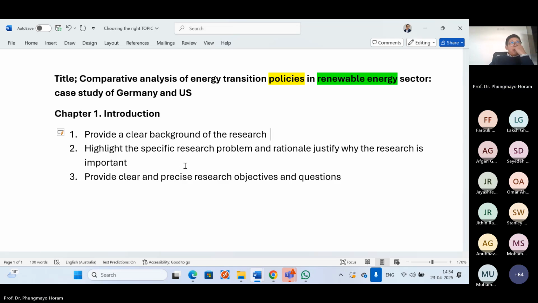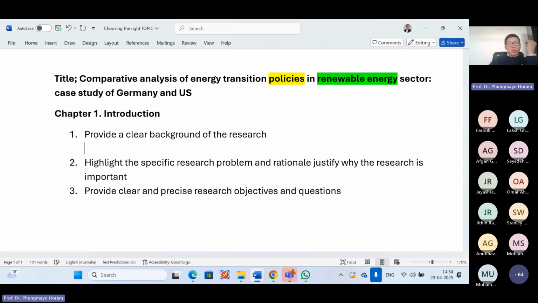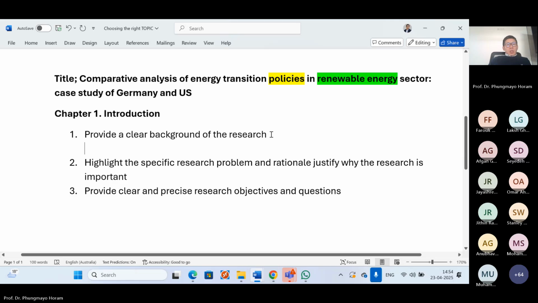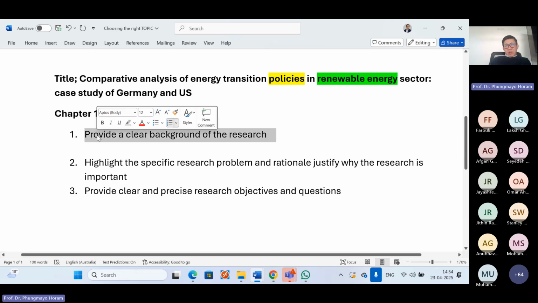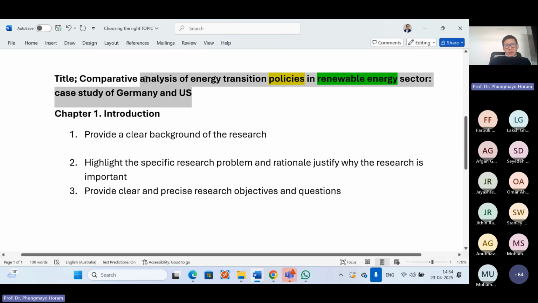Okay. So let's first start with this. Provide a clear background of the research. So your research is energy transition in the renewable energy sector, comparing, or you can just say,